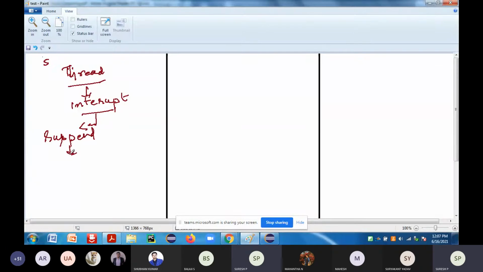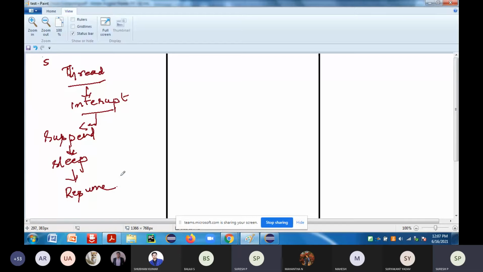After suspending it, it has to go to the sleep state. Next, it has to be revoked again, it has to resume. So after sleeping, it has to go to the resume state.